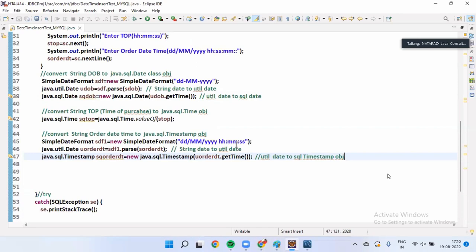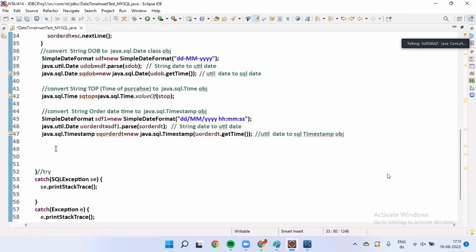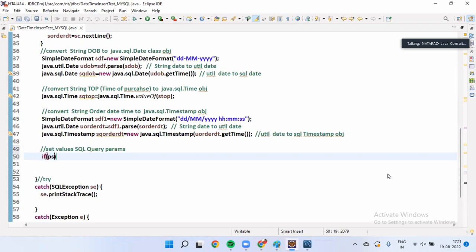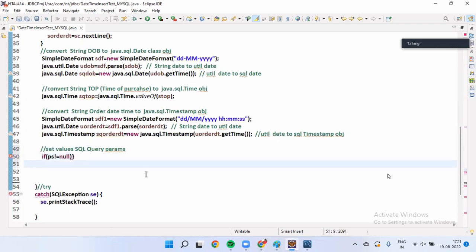Okay. 33rd line. Okay, fine. Yeah, that is for our reference only. Then boss, we are ready with all the stuff. Set values to SQL query params. If P is not equal to null,